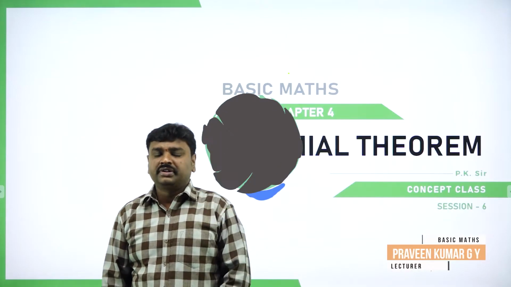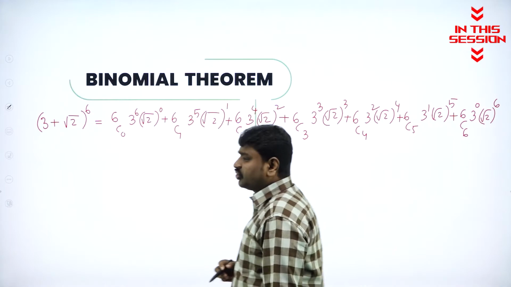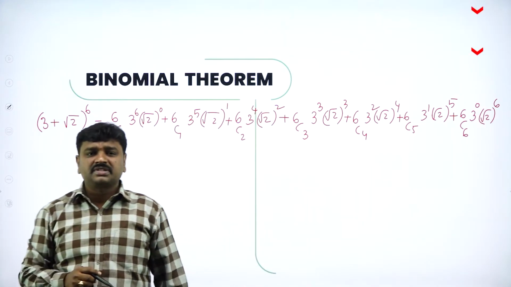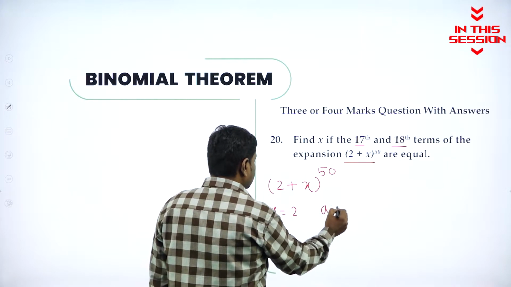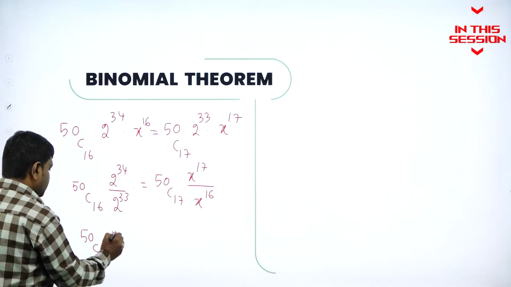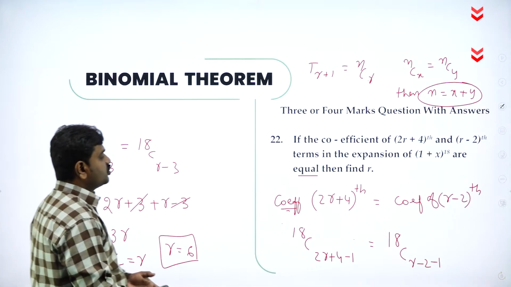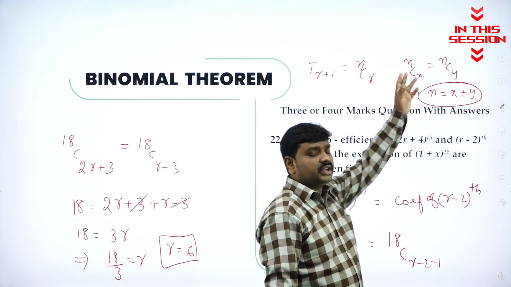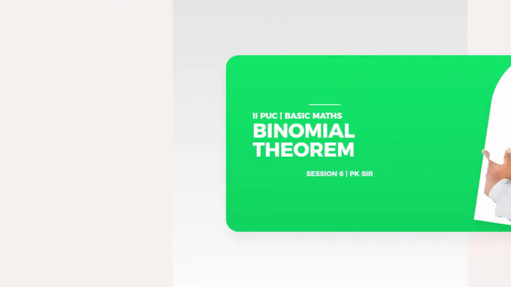Today we'll go ahead with some more problems of 3 and 4 markers of binomial theorem. So dear students, expanding this using binomial theorem is simple and easy. Here x means the first term, that is 2. A means the second term, that is x. A power m by a power n is a power m minus n. 3 minus 3 will become 0. Interesting. So I'm using the important concept we have derived in permutation combination. If nCx is equal to